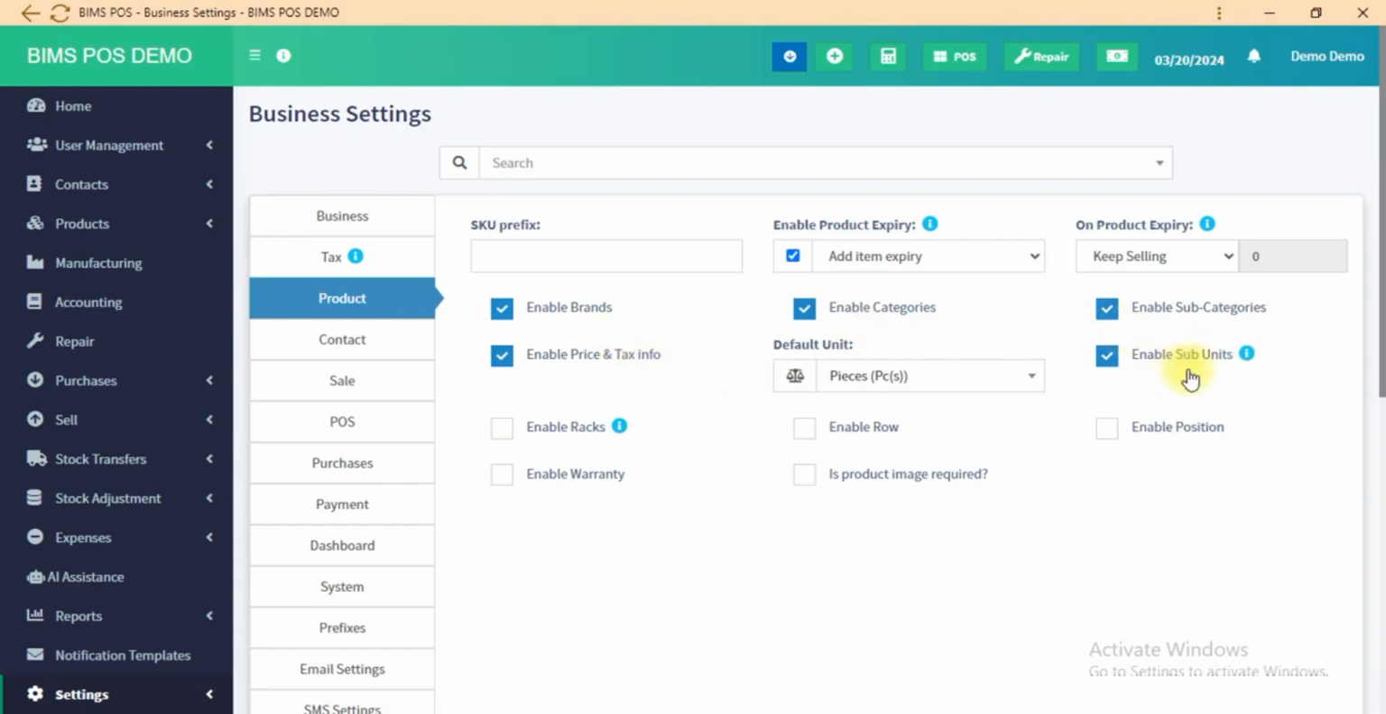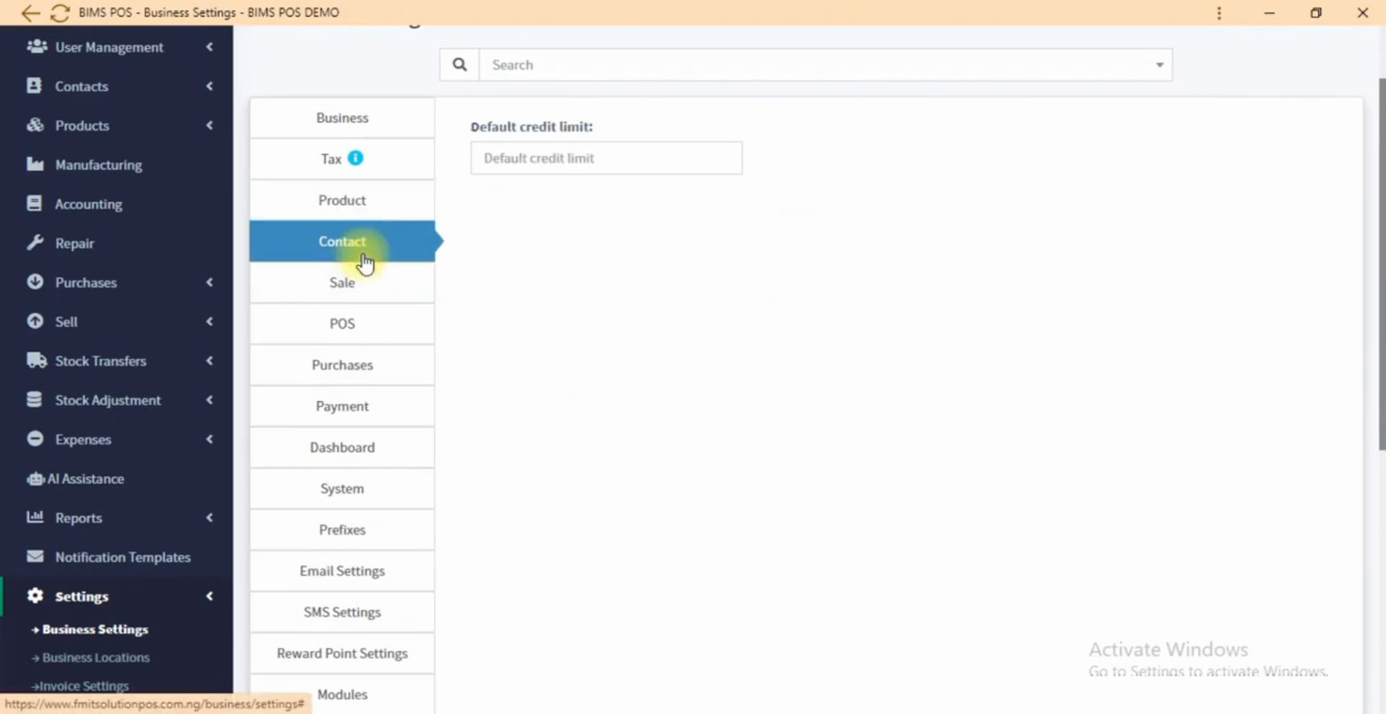All these things that I check mark here, it is applicable for you. Make sure you check mark it. But if you are dealing with electronic stores, you don't sell products that expire, so you can check this. You can say add item expiry. But if you are dealing with pharmacy or supermarket, they sell products that expire. All the ones that say the product can expire, you can just check mark this. Make sure you mark this, then put this one on keep selling. After that, click on